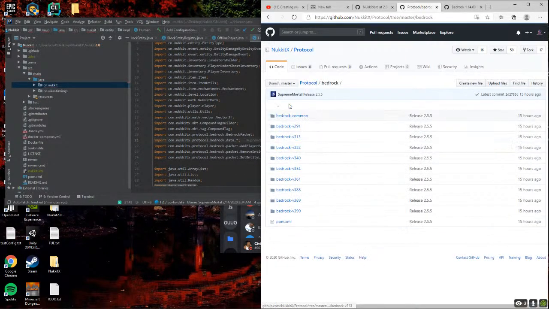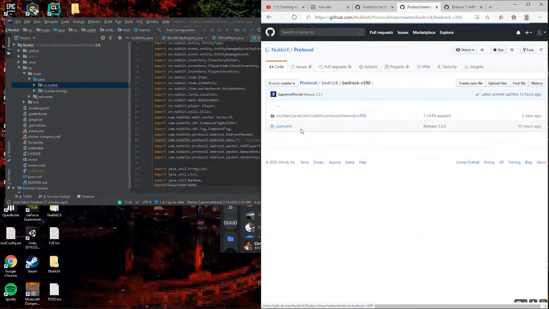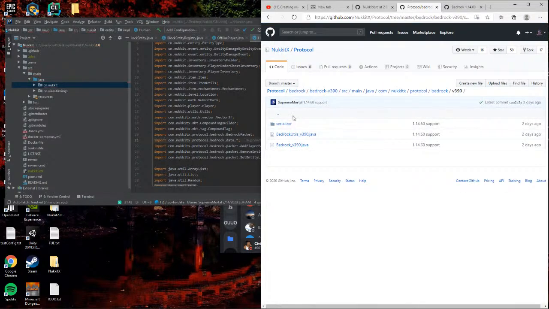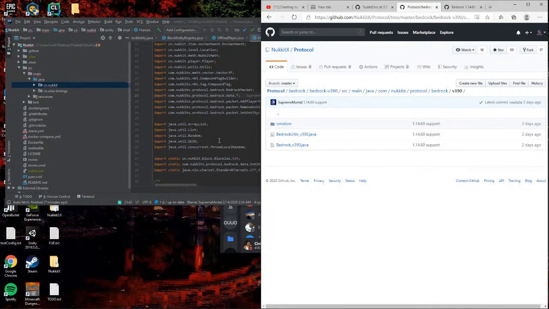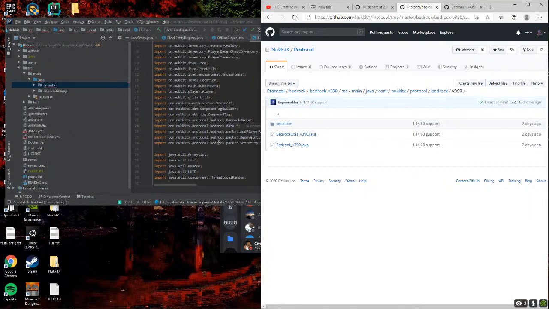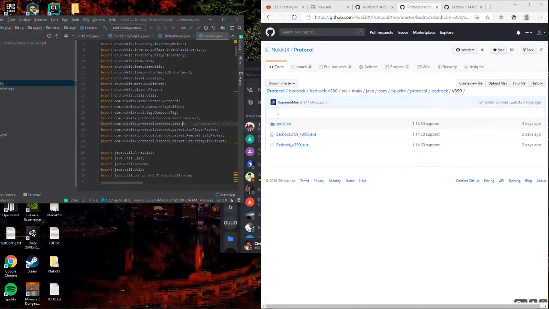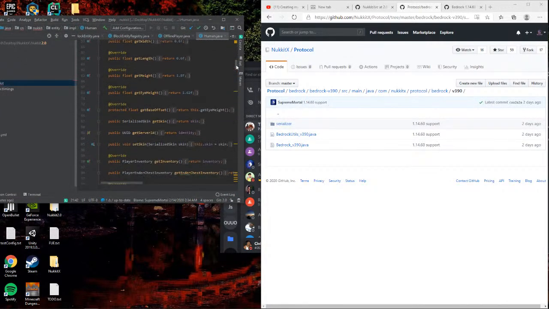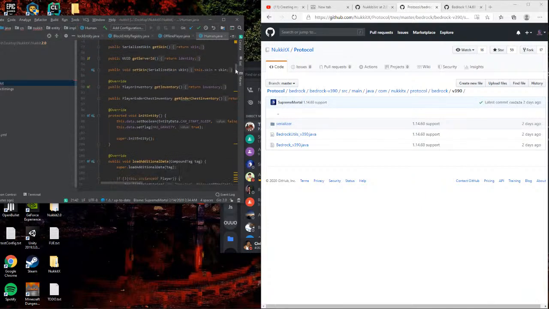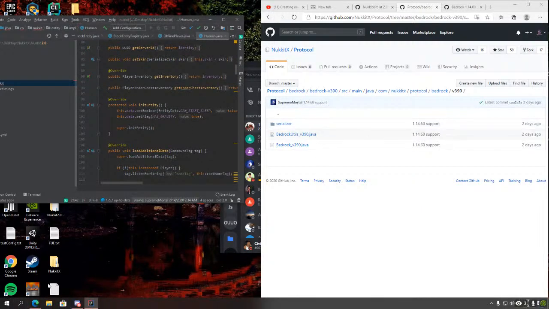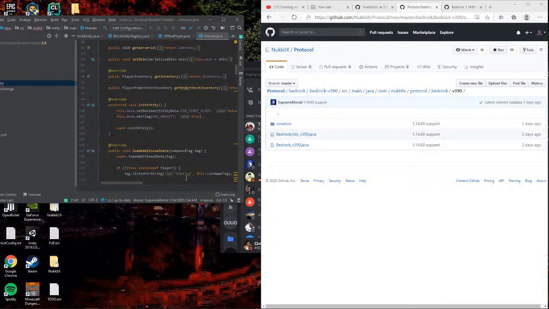Bedrock. 390. Oh, so it looks like he's already added the support. This is weird. Yeah, this is pretty weird. So he's already added that. All I need to do is add the proper flags and stuff for the skin.